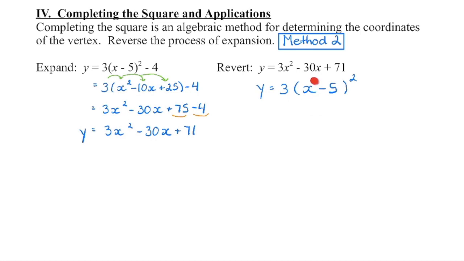So now let's see what we have. So I square the first term and then multiply by 3. That gets me back to 3x squared. Double the product, so negative 5x times 2 gives me negative 10x, times 3 gives us that negative 30x, and then in terms of the constant term, negative 5 squared is 25, times 3 is 75. So right now we have 75 little ones, 75 constants. We need a 71. 75 minus 4 will give me 71, and that's a really quick way that we can